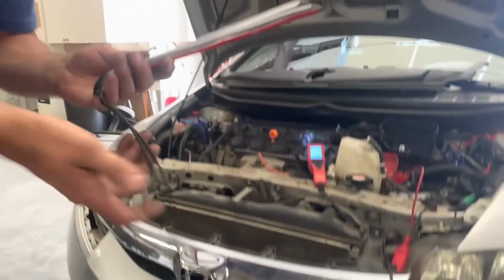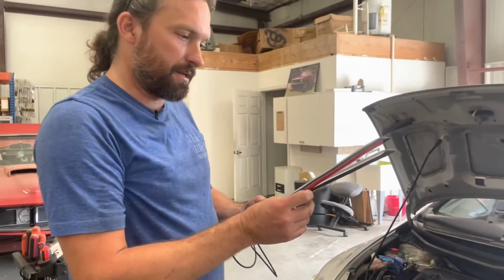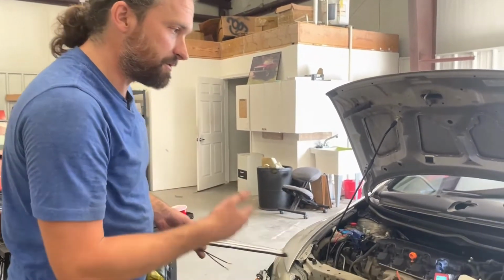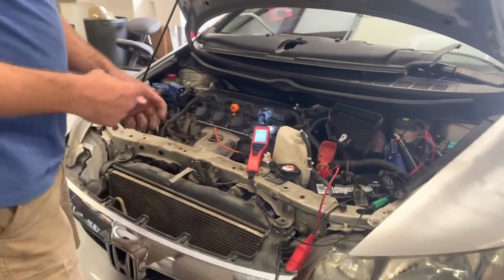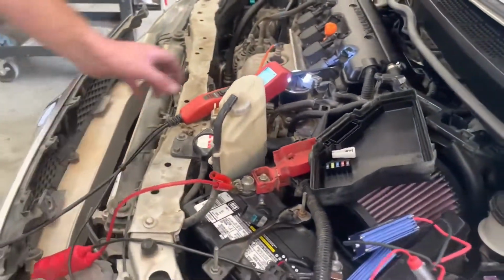So what you need to do is find a switched power source, find your turn signal power, and find a ground. Ground's going to be easy, you just run it to the battery. For instance, if you bought our install kit, it'll come with a length of black wire and you can run it to the ground. On this Honda,